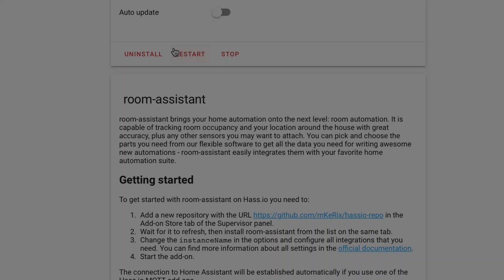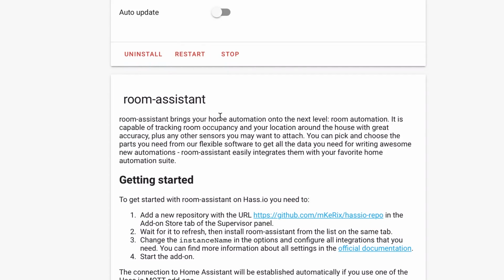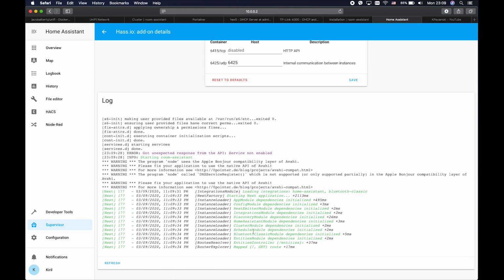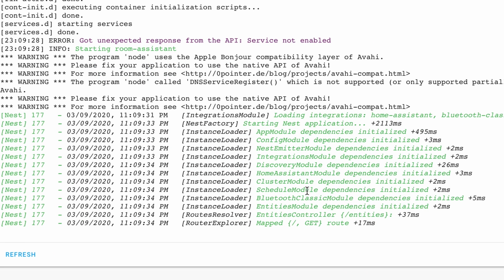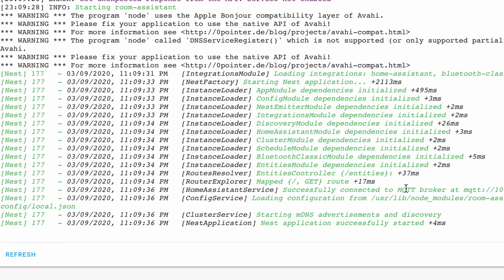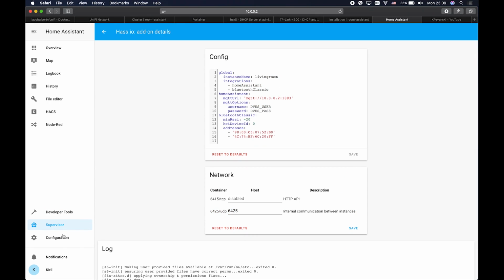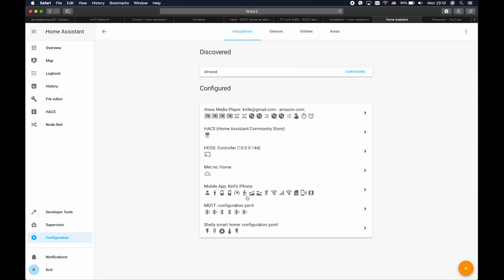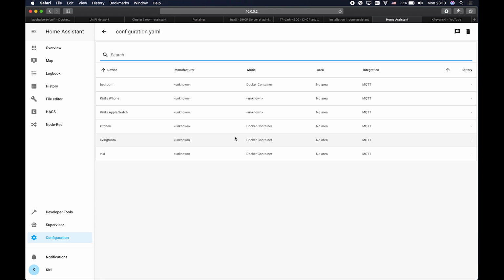Now let's configure it. Okay, the Room Assistant is now started. Here you can see the log. No errors, which is great. Successfully connected to MQTT broker, starting the mDNS discovery. So I'll now go to configuration and then integrations, MQTT,